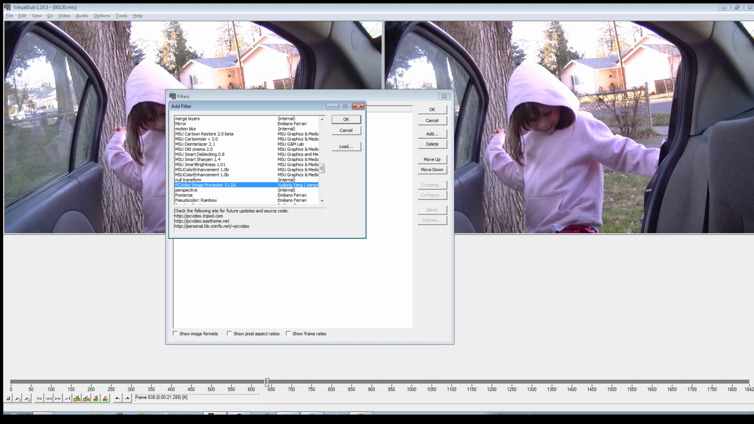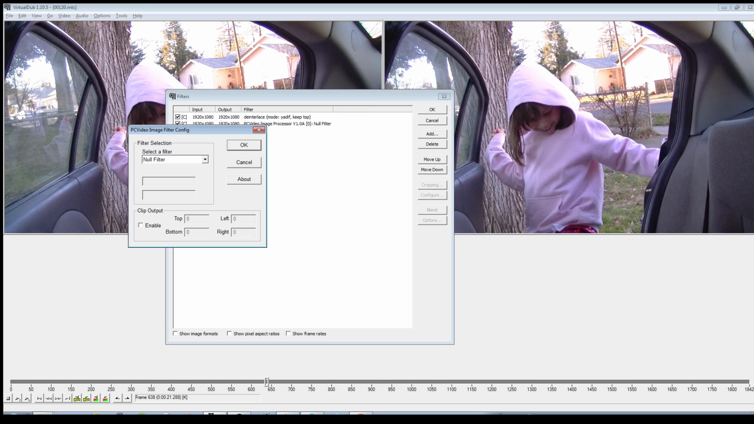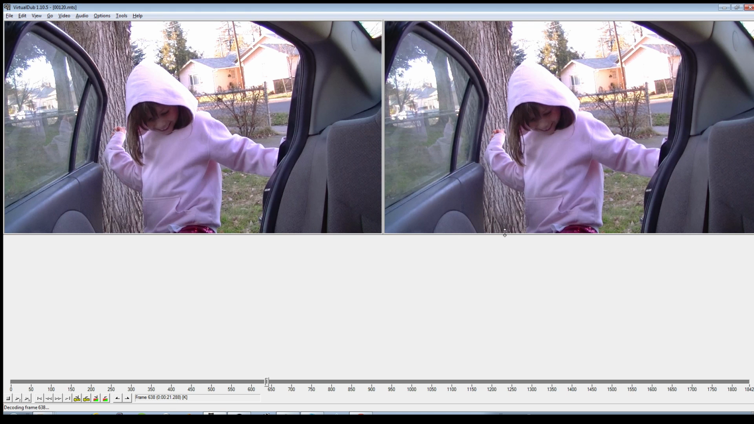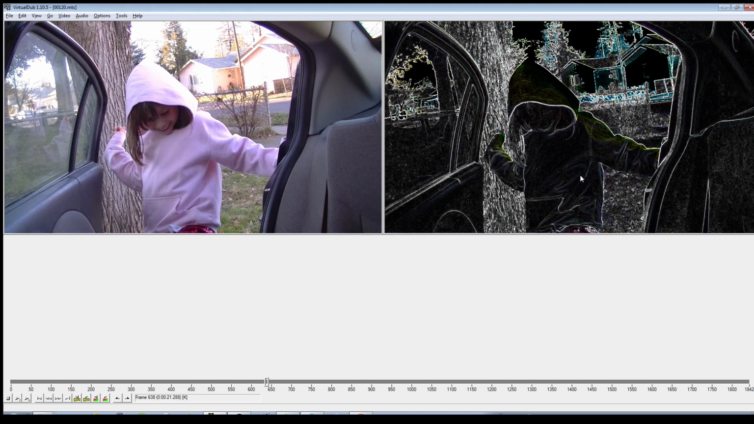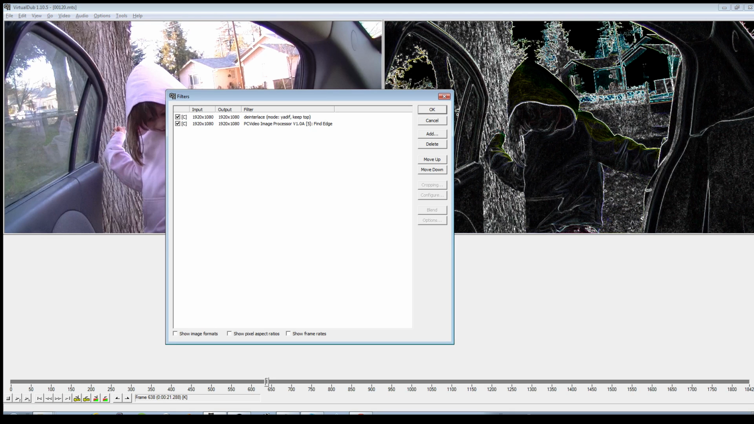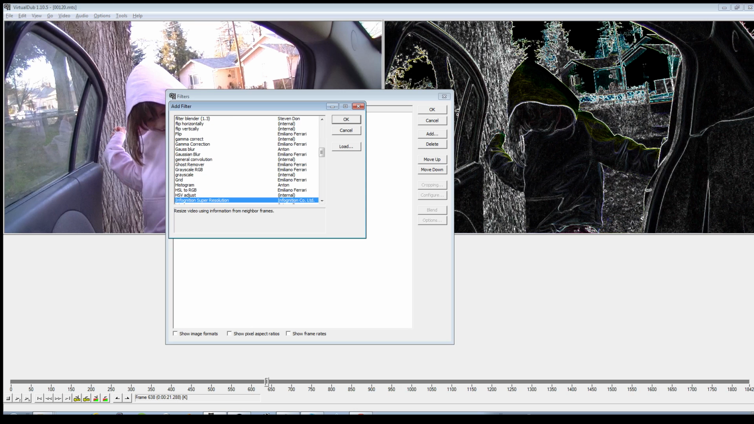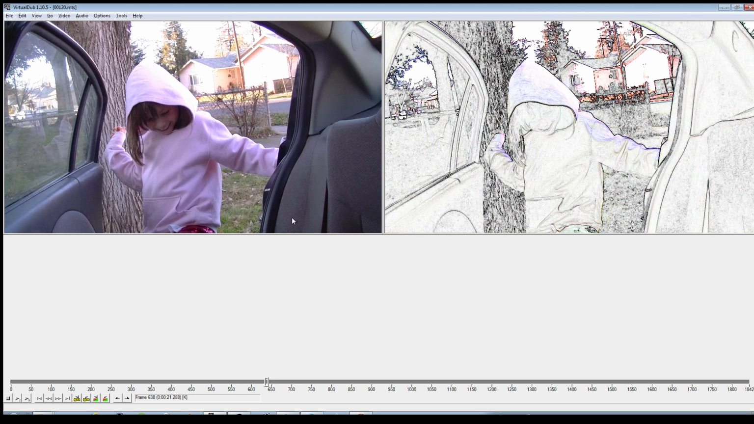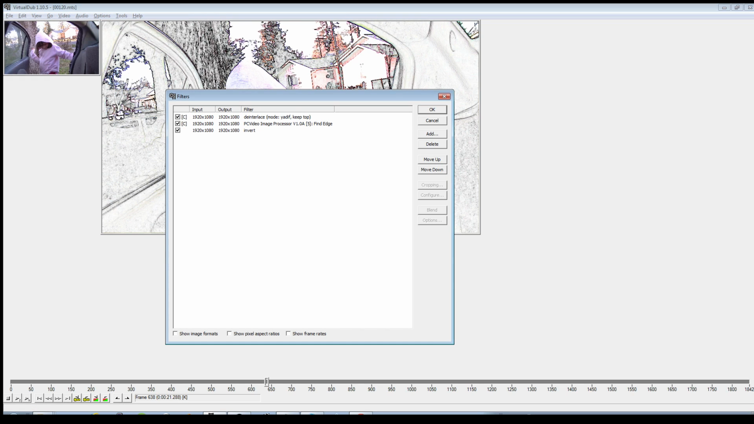when I use this PCVideo Image Processor, and I select it, and I go to Find Edges, and I click on OK, and I click on OK, and then it gives us almost like an inverted look. So then I go to Video Filters, and I add the invert. So we invert it, and you guys have seen me do this before in my last one, but we're going to do something a little bit different here. We're also going to do